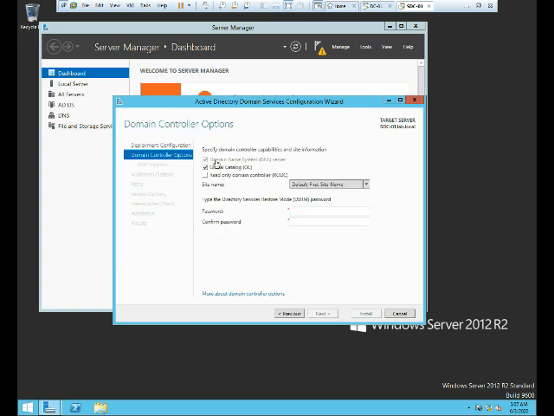Okay, again this is not new for us. We have seen in the last video what these three options are and their use. But here the site name is the default first site name. Basically, if you have multiple sites, we need to first create a site in Active Directory Sites and Services. I will show that in my coming video, but now we will just keep the default site because we have only one site. And for the DSRM password, we'll set the password. Okay, click next.